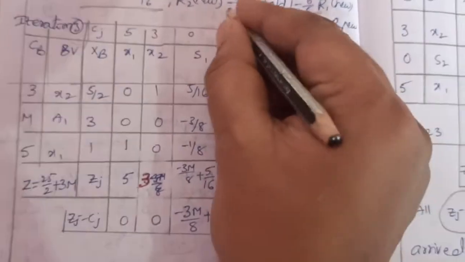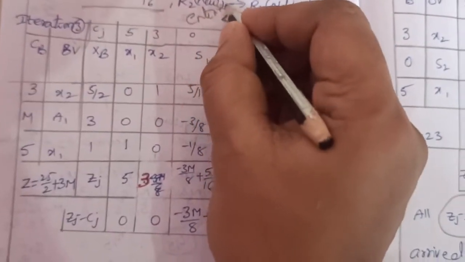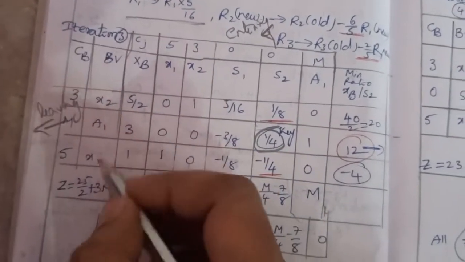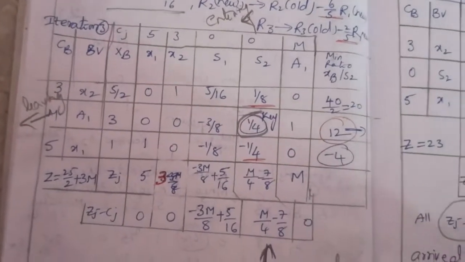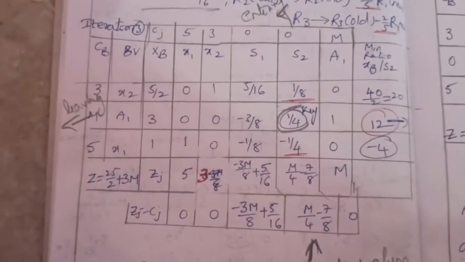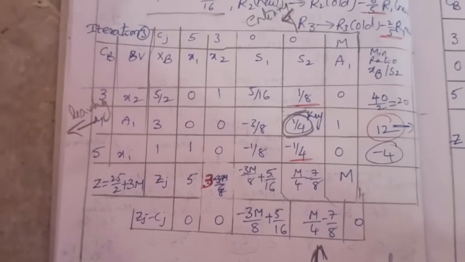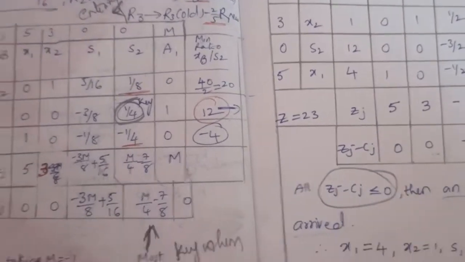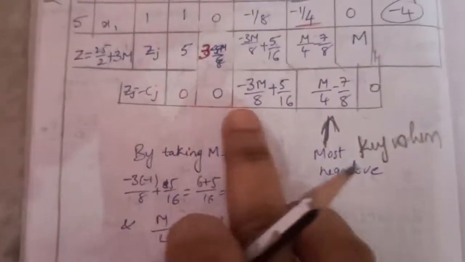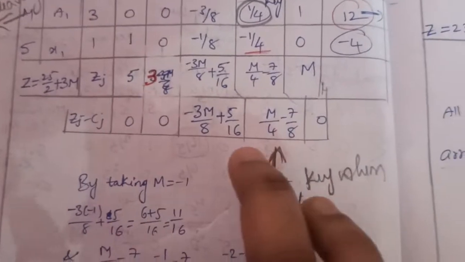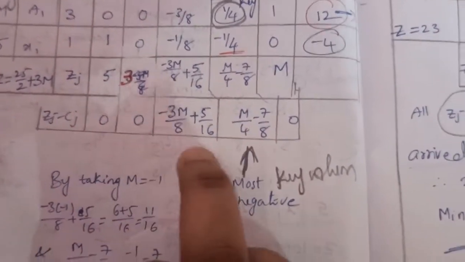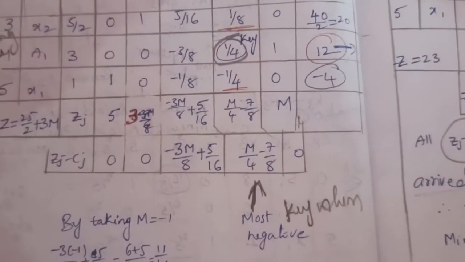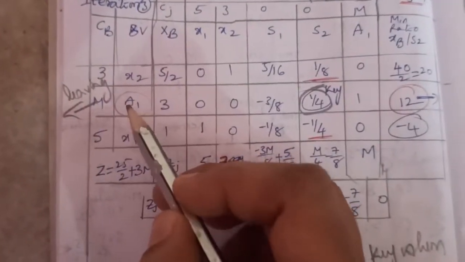So this is the entering variable now. And here A1 is the leaving variable. So we got now, both the variables are removed. A1 is also removable now. So that's why the next iteration is the final solution for this. Here all the values are negative only, that is, Zj minus Cj is less than or equal to 0 only. But we have to go through with the next iteration. Why? Because here the A1 value we have to remove.